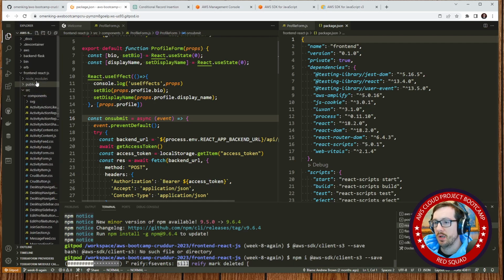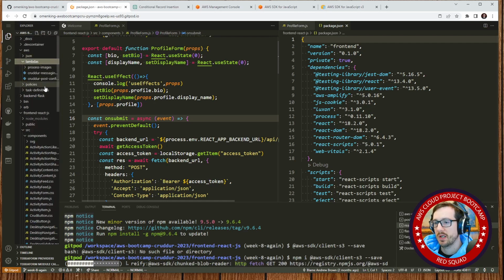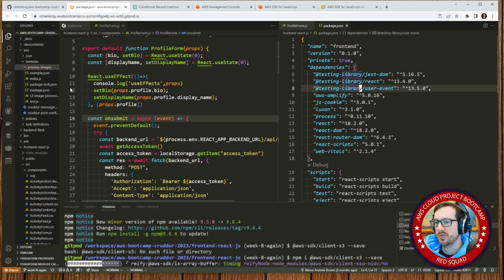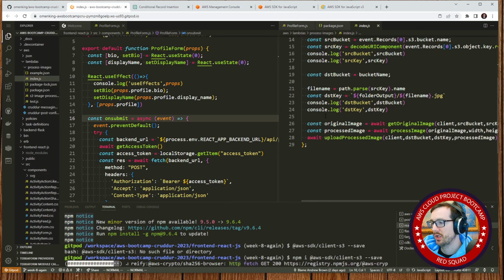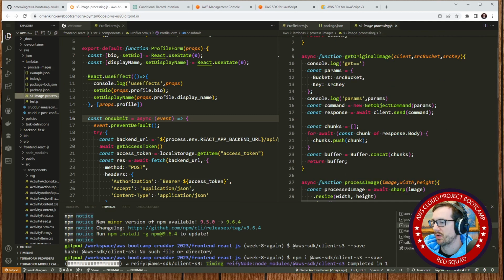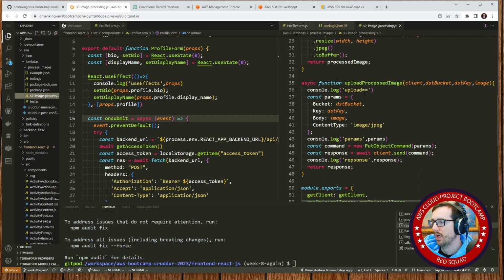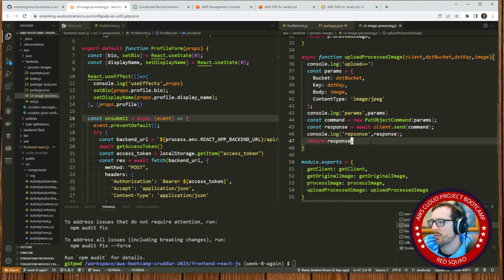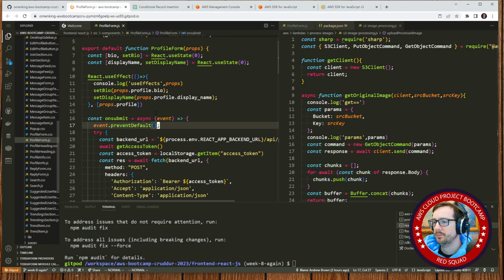While that is going on, we're going to be productive and utilize that time to look up our process images JavaScript function. Here on the right-hand side, we have the stuff here. So we actually placed it over here in the S3 image processes. It gets a client, it uploads the image. So this is the code we're mostly interested in. So I'm going to go here